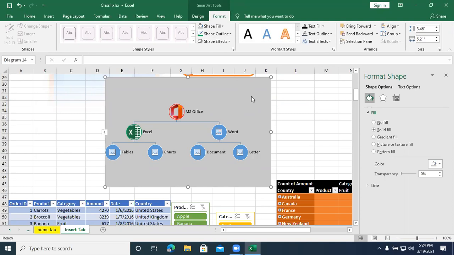Whatever you are working on, maybe a table, shape, picture, smart art, you should select that particular object or item. Any other doubts?